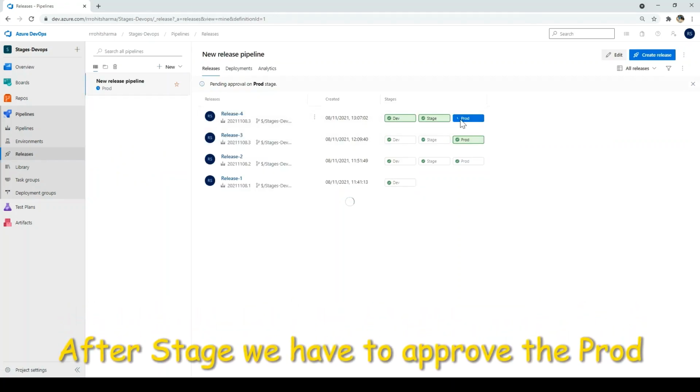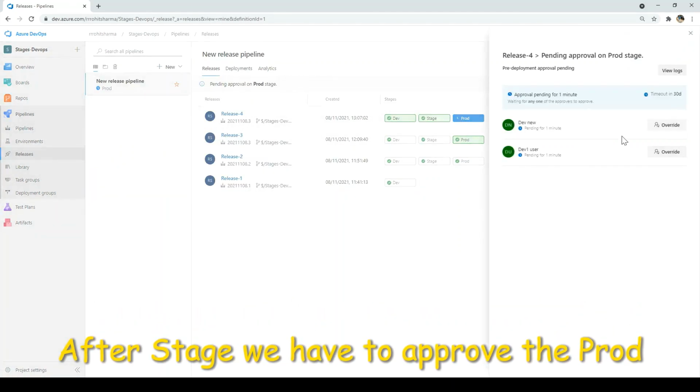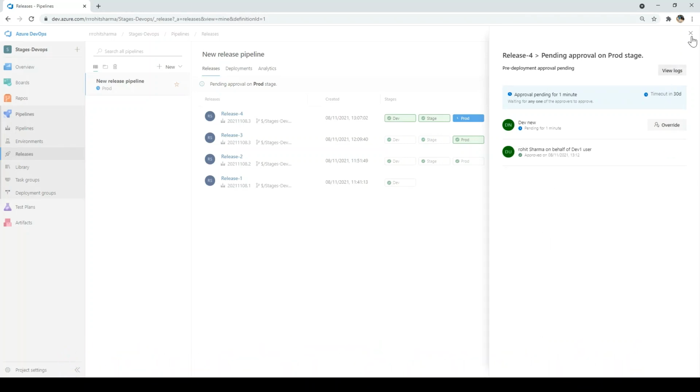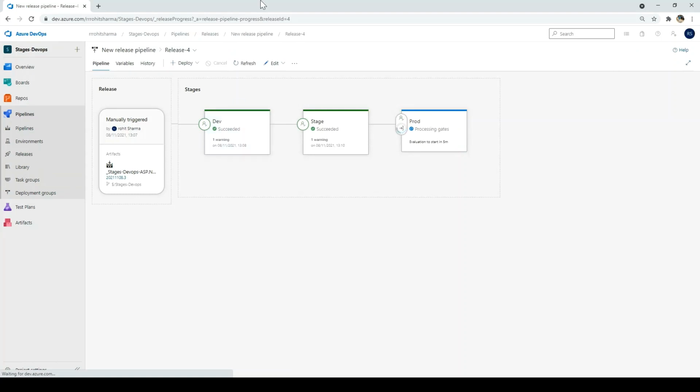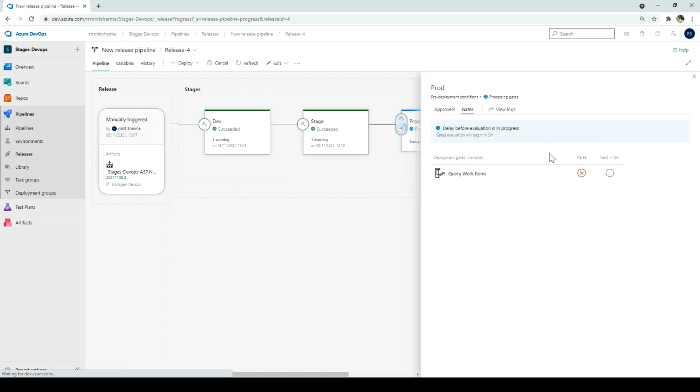And let me click on production. I'm going to override it again also. So click on approve. Okay, so it has approved. Now let me wait for another minute to see if it is going. We click on releases, and if you see, it is evaluating the gates. And the evaluation has failed. So basically we know there is already a bug, and due to that the evaluation has failed.